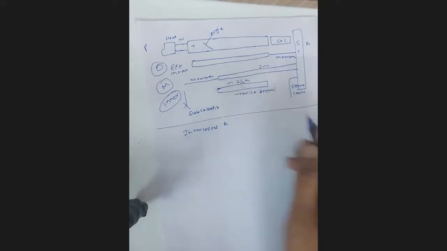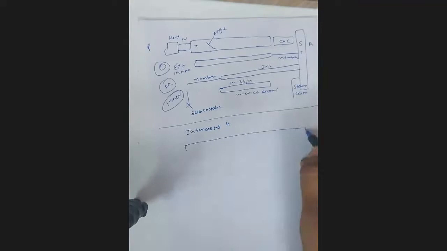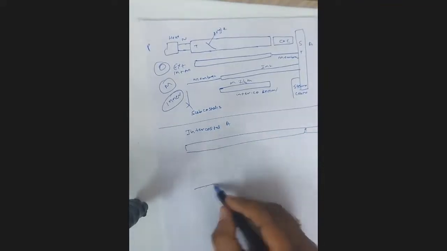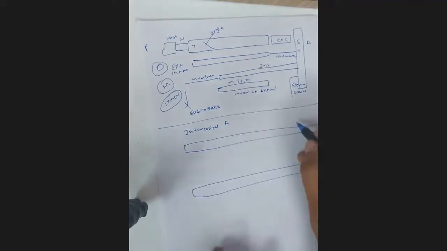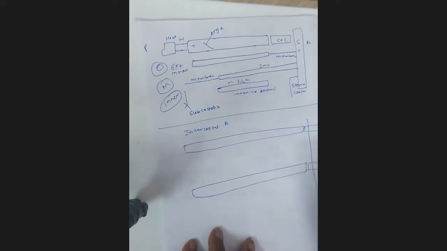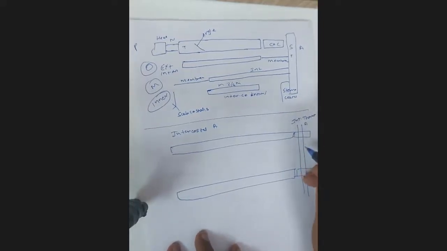Okay. Now in each space, suppose this is one rib, this is the costal cartilage, this is the rib below, and this is its costal cartilage. So in each space, maybe I'm talking about the upper spaces, where there is the internal thoracic artery lying behind the costal cartilage. So this is the internal thoracic artery.